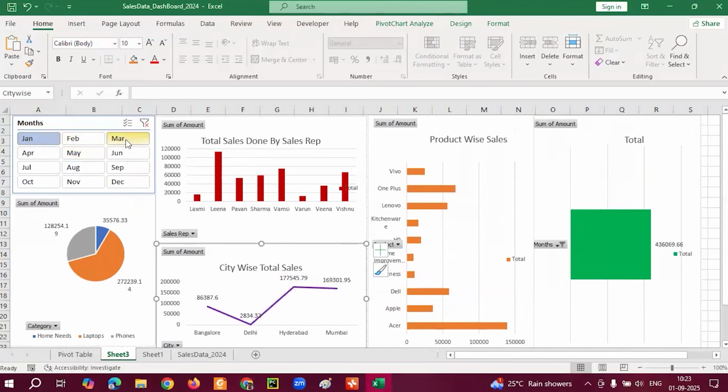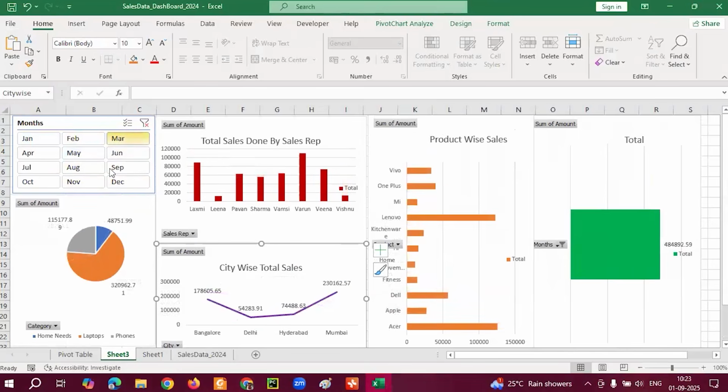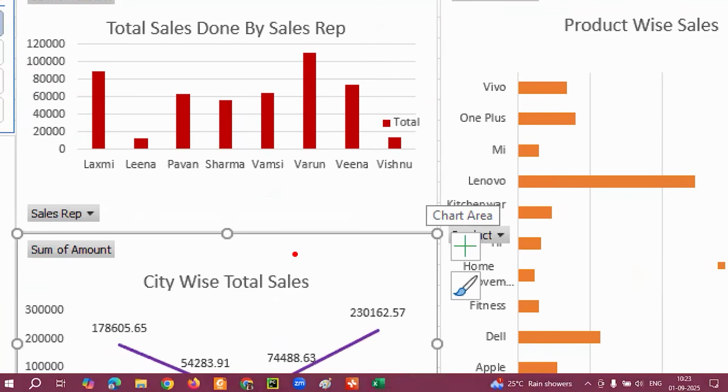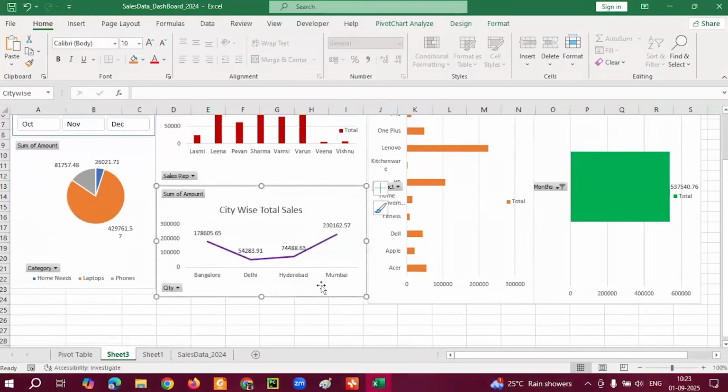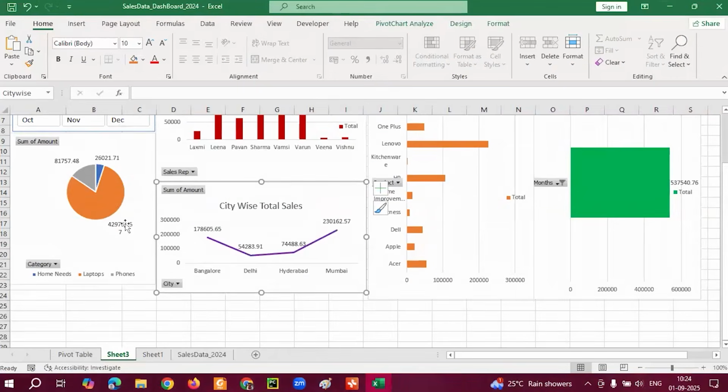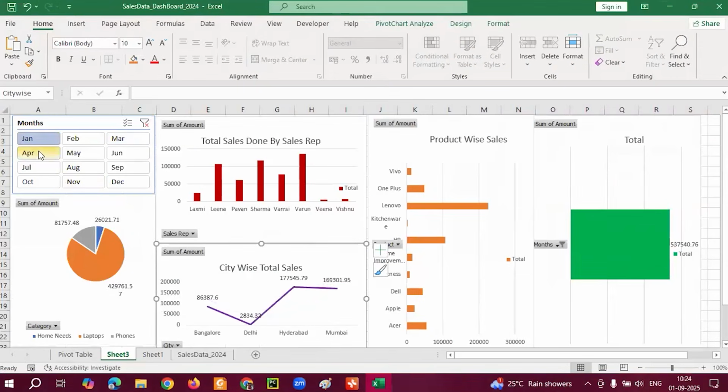On some other month, let me take the May month. Whenever I select the May month or some other month, say I selected the March month. In the March month, tell me who is the best performer? Varun is the best performer, right? And observe, city-wise highest sales goes to whom? Mumbai has the highest sales, 23, right? And now I'm going to select 1 year performance.